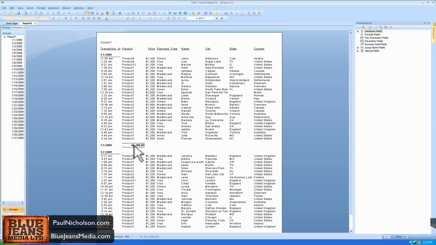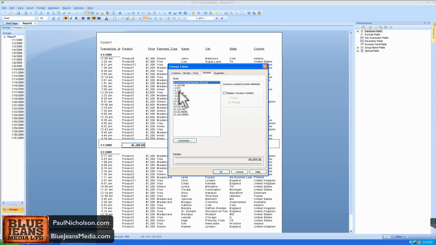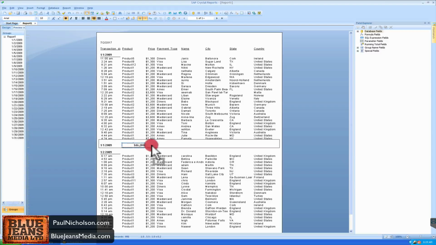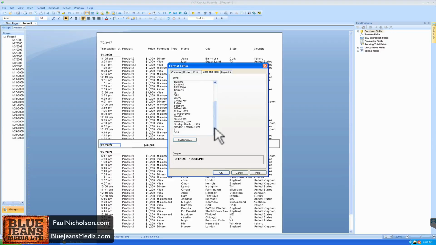What else? This is the total of the sales in that day. So again, format field. Drop out the decimals, add a currency, and this is here. So I'm just going to level it up. Format this field again. I might want it to be Monday, 1st of March. Might make it a bit big, but